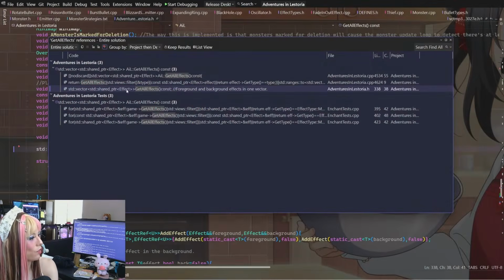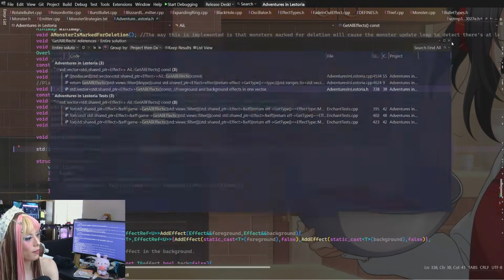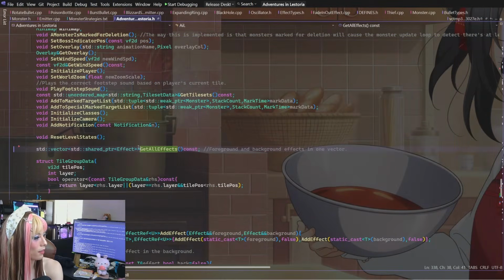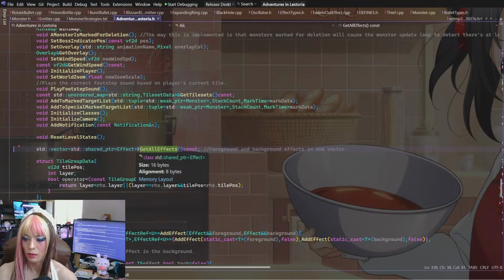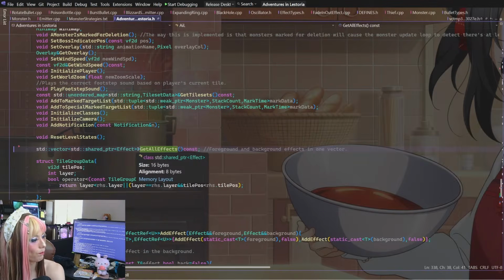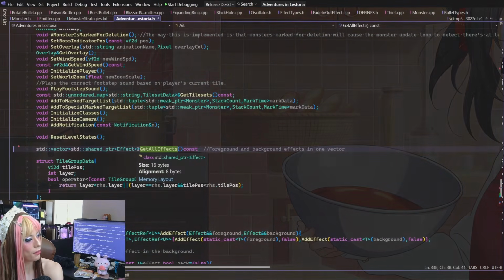Okay. Foreground and background effects in one vector. Trying to think what would be a best choice here. I think what I would like is an array of effect limit times 2 size returned here.